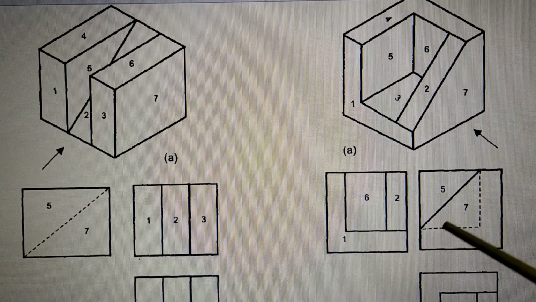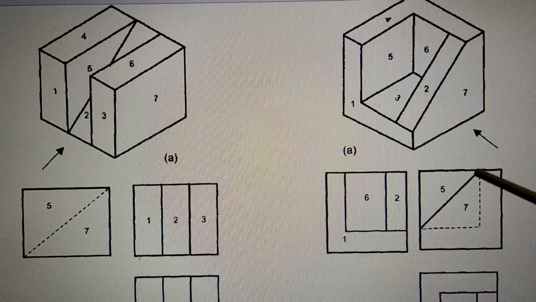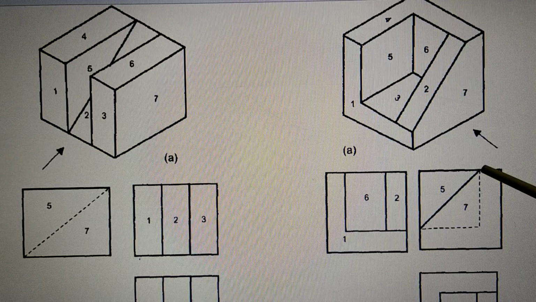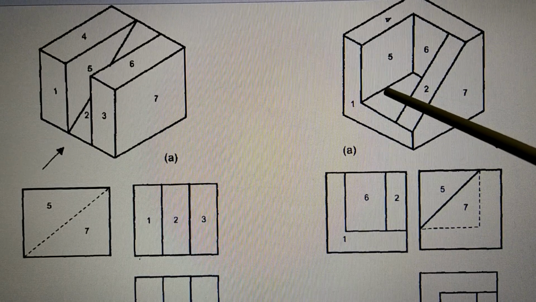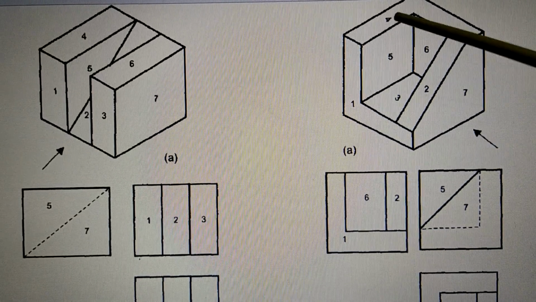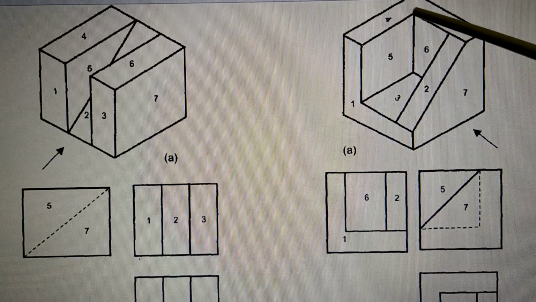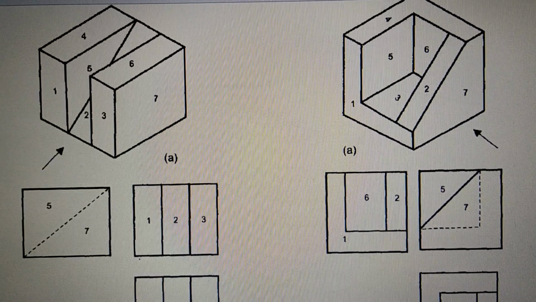So surface 3 is this surface 3. Surface 6 is this line, dotted line is surface 6. This dotted line is surface 3. So this is the front view. Now you draw, look from top, draw top view. So you will have to draw 4. So this will be